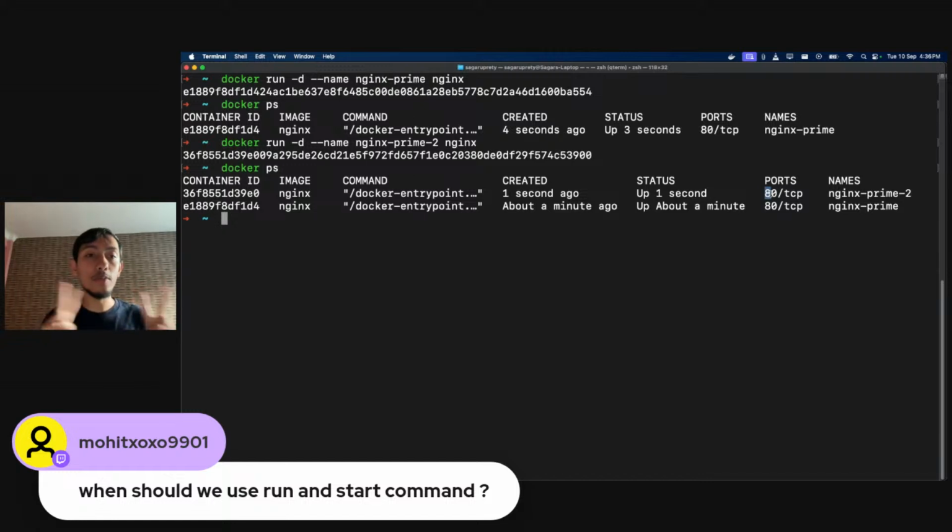How could two different processes be running on the same port? Because actually they are not running on the same host. This is one container, that is another container. Those two are completely separate environments, so they can have the same port. And that is why we are not able to access it from outside. And that is why you need to use the -p flag